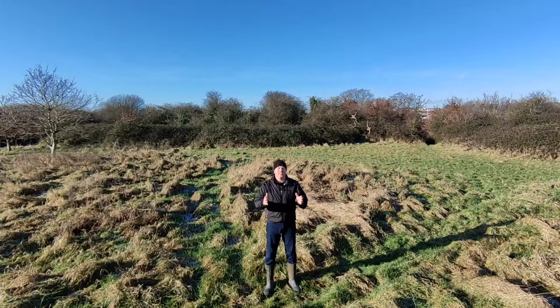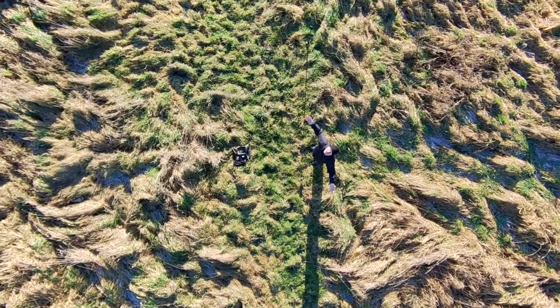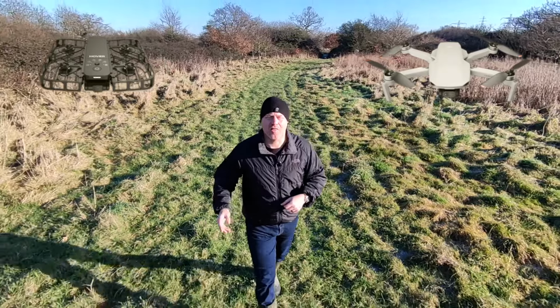Today we're diving into the world of drones, comparing two mini flying companions that can add a whole new dimension to your van life adventures. So stick with us as we compare two pocket titans of the drone world, the Mavic Mini and the Hover